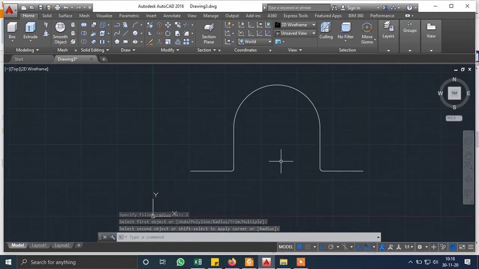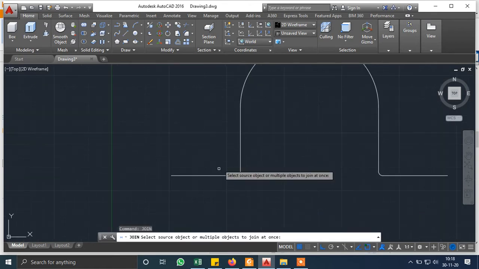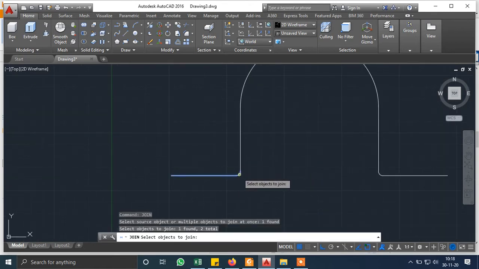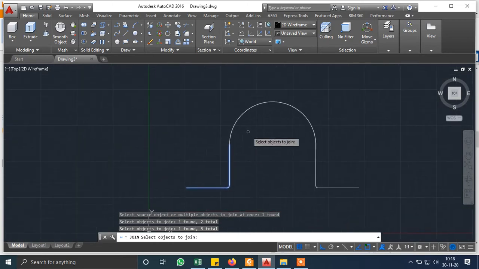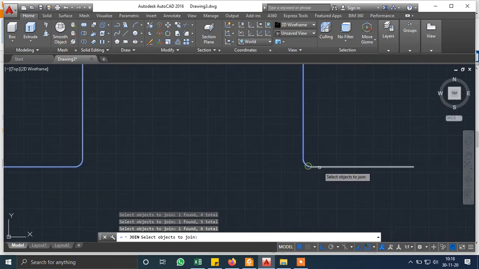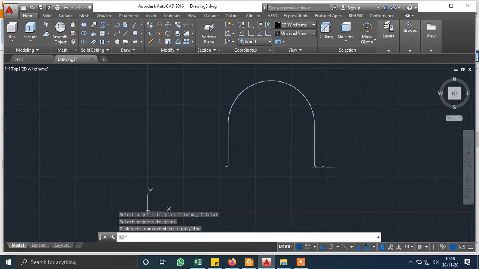After this use the command join, then select all individual lines, enter. So it will form a single entity. Don't use region straight away, we have to join first.